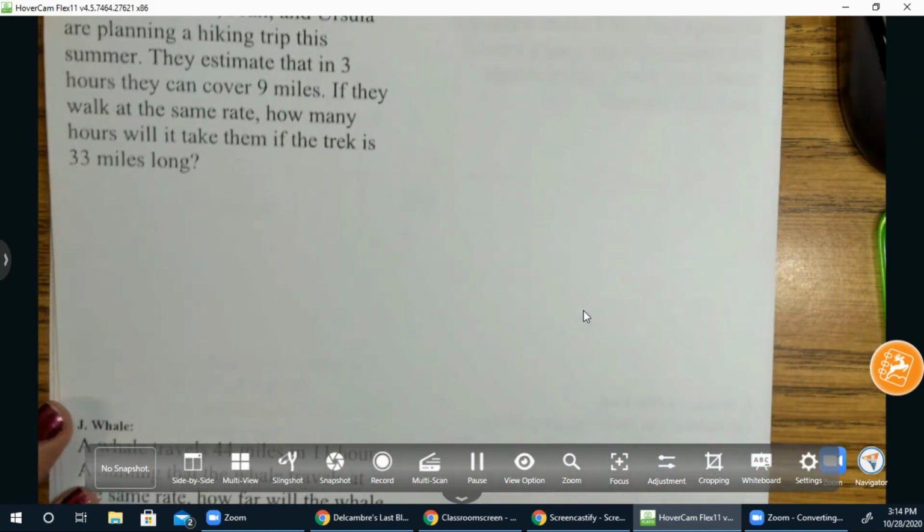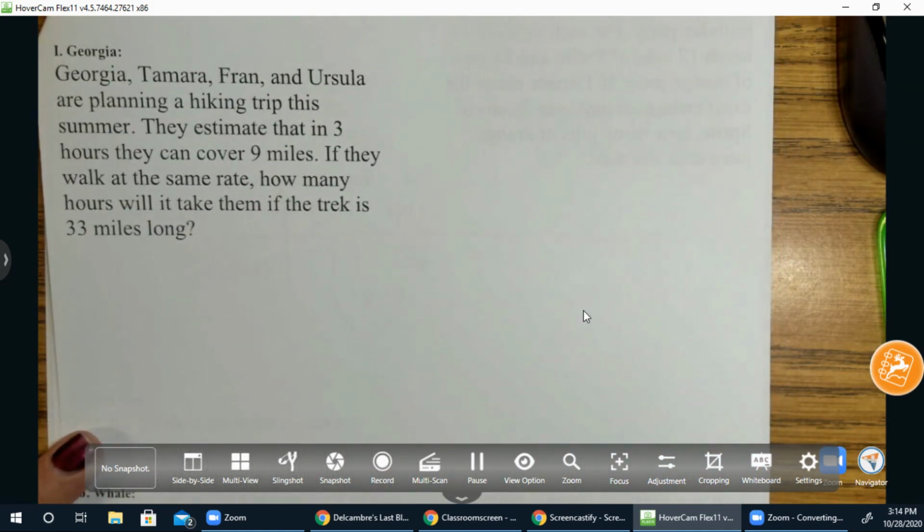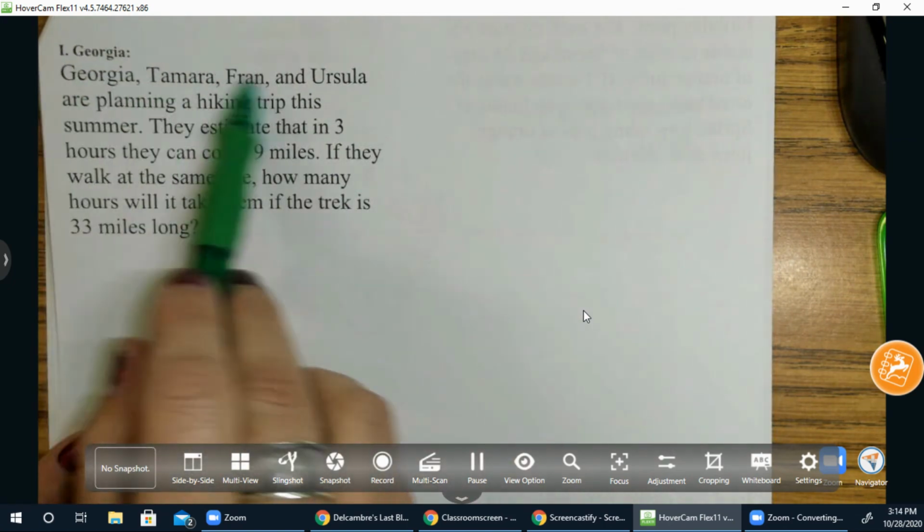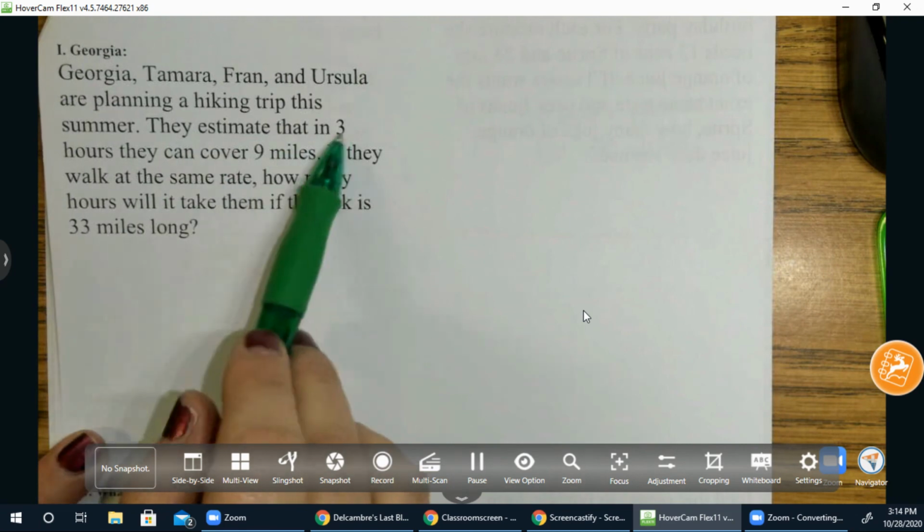Letter I. So we have Georgia, Tamara, Fran, and Ursula are planning a hiking trip this summer. They estimate that in 3 hours they can cover 9 miles. If they walk the same rate, how many hours will it take them to trek 33 miles? So there's some useless information right here. So this really isn't that important. We need right here